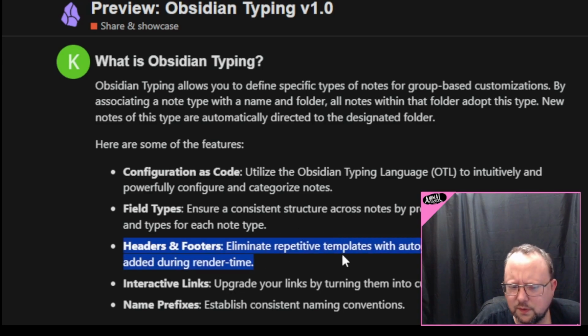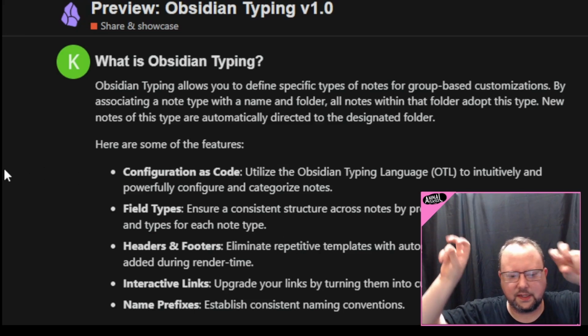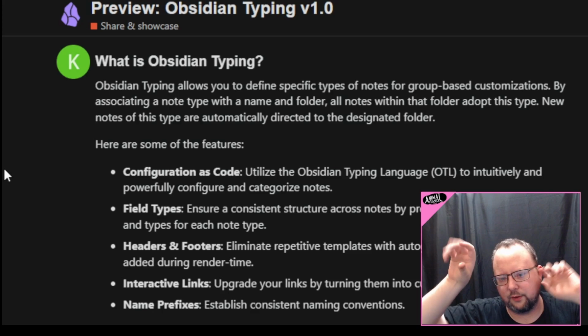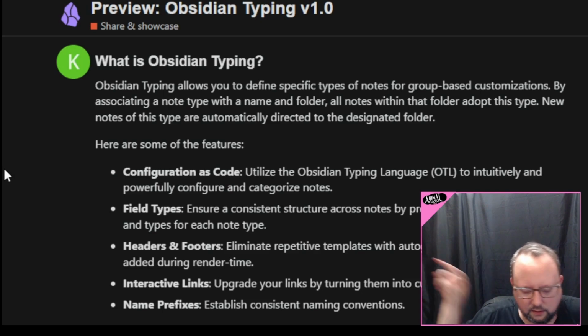Headers and footers, this one's kind of interesting. Eliminate repetitive templates with auto-generated content that gets added during render time. So links to MOCs or index notes or whatever at the top of different things. You see this almost universally for calendar-based notes like daily notes, weekly notes that will have Templater or whatever plugin automatically put in previous dates and next dates,